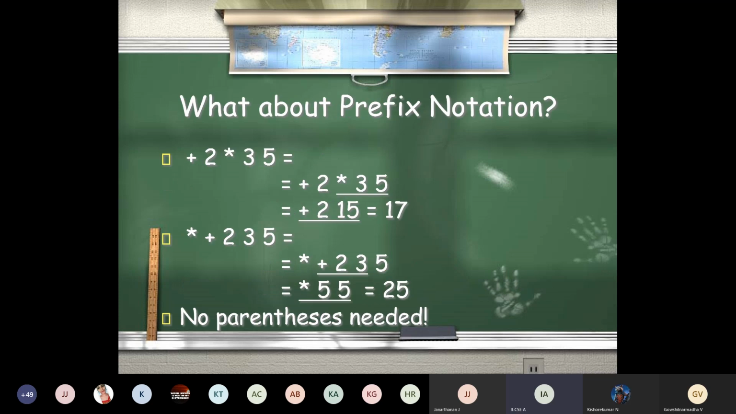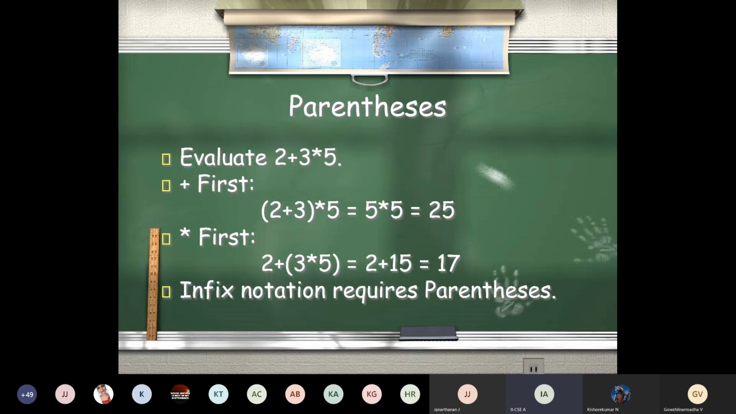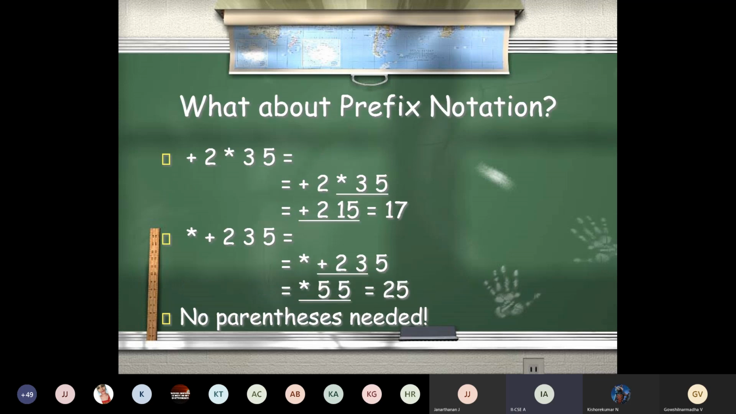So the same expression I've taken: it is 2 plus 3 star 5. If you are converting this into a prefix notation, if it is parenthesized in this way, that is 2 plus 3 is parenthesized, means your prefix expression is going to be,